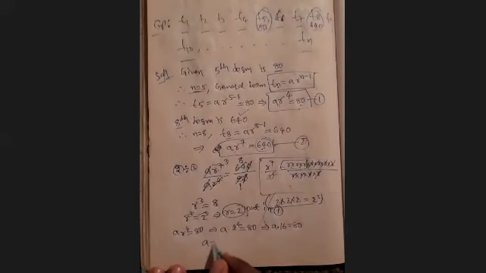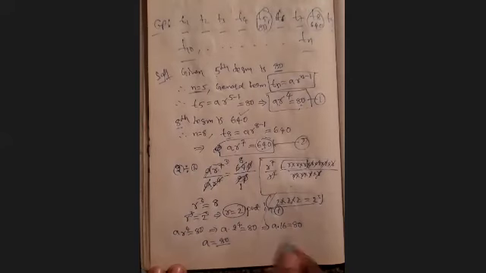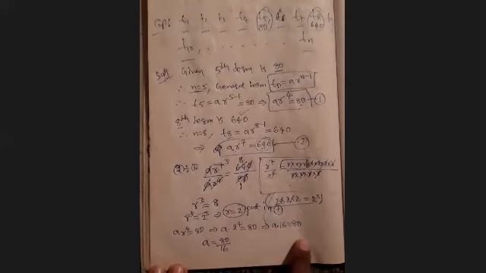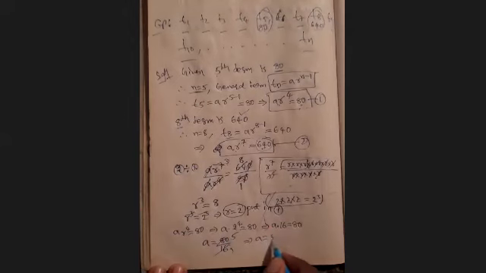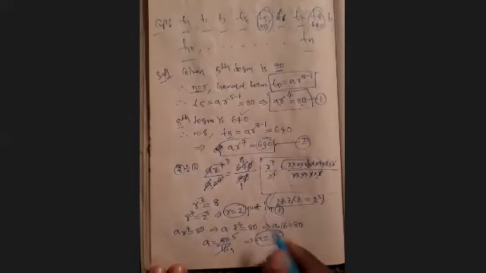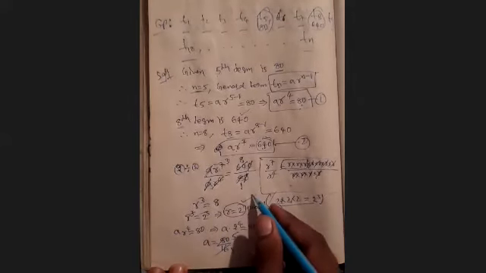Now A is equal to 80 by 16. If you take 16 to that side, it will be the denominator. Why? Because it was multiplied, so it becomes a denominator. 16 ones are 16, 16 fives are 80. That implies what is the A value? 5. What is the R value? 2. Now how can you form the series?